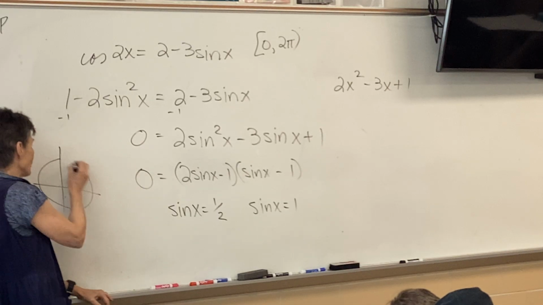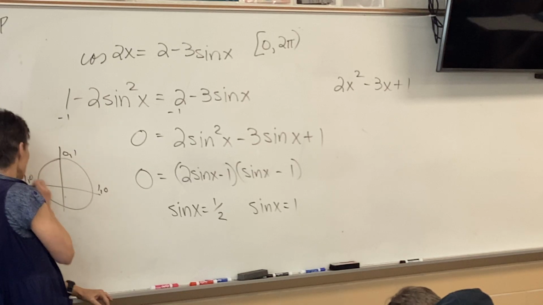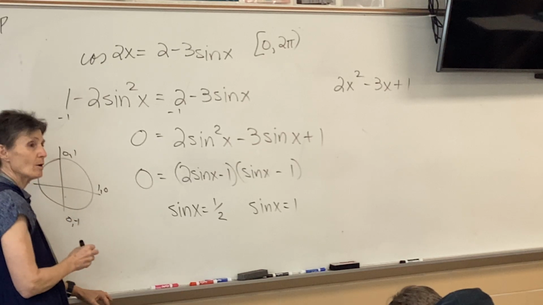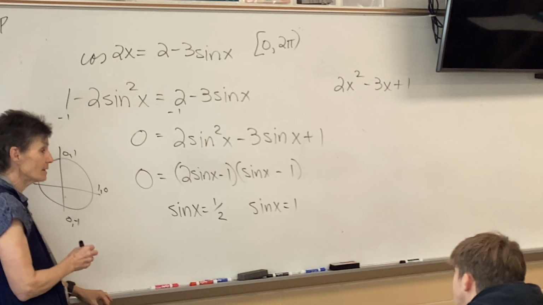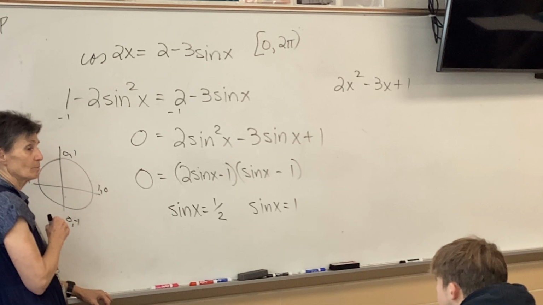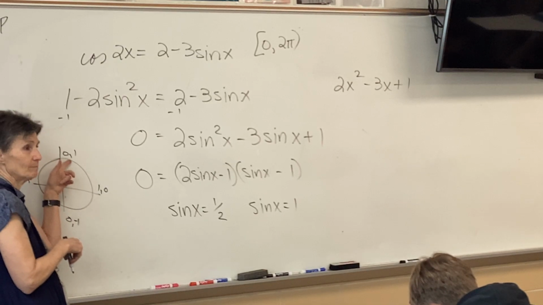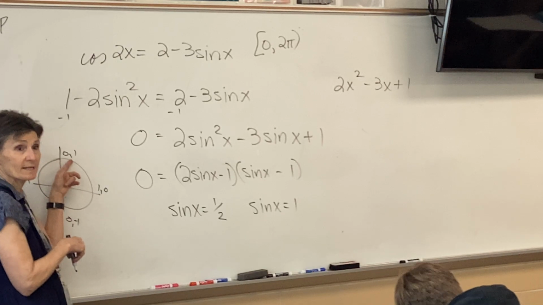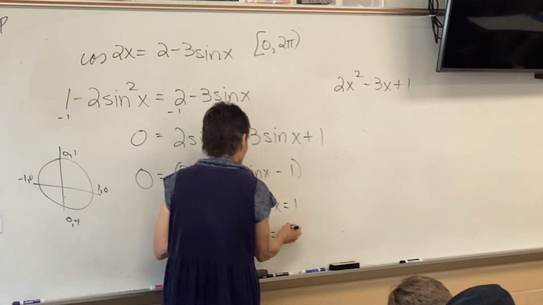That's on my circle. I look around the circle, and I'm looking for where y, which is sine, is 1. There's only one place on that circle where y is 1, and it's right there, right? So in degrees, that would be 90, but in radians, it's